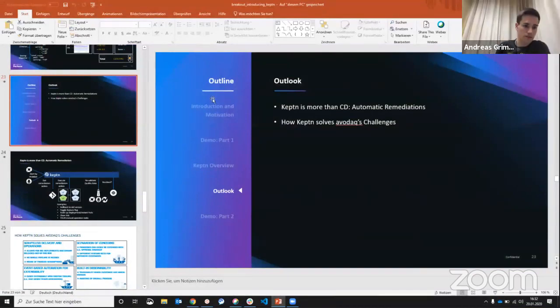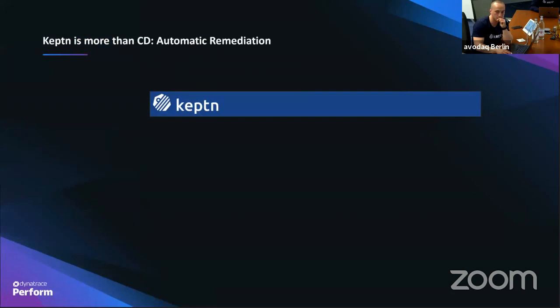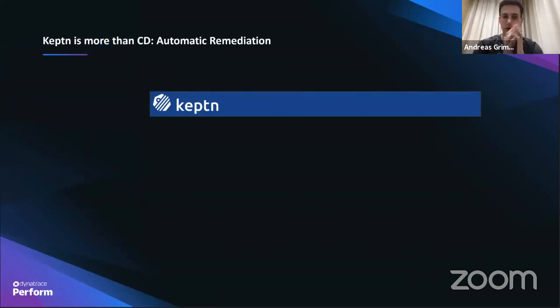You're right. So can you enter the full screen of slide 24, please? Of course. I think it's loading. So a quick recap of what we have seen. We now have seen Keptn doing automatic deployments, and therefore we are also using this concept of quality gates. But this is not enough. Keptn also provides functionality for doing automatic remediations.